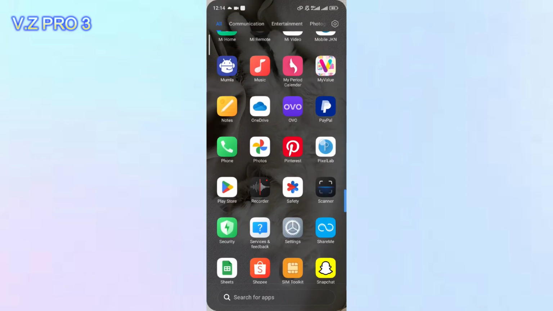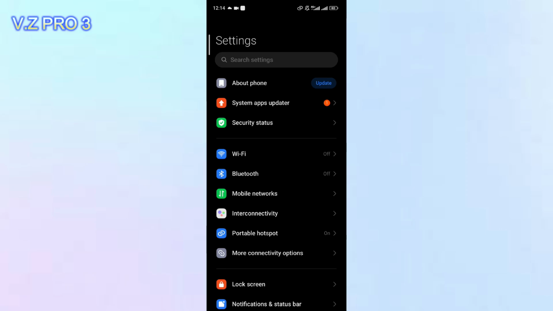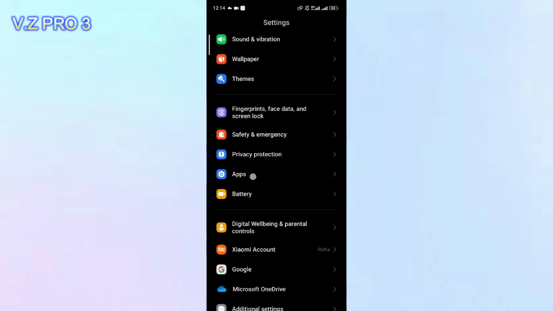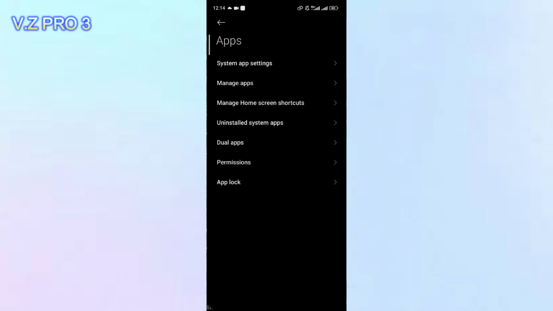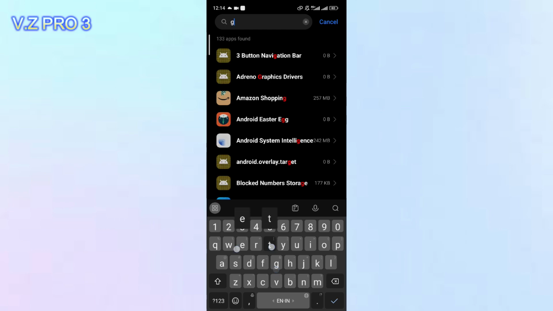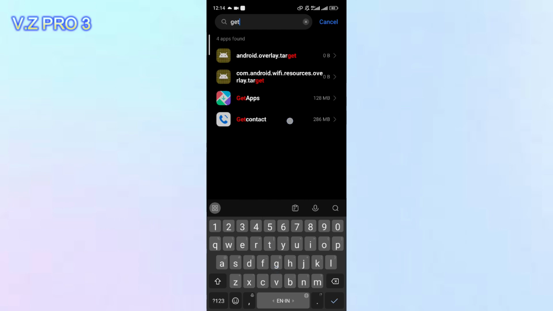You can open your settings on your phone. Now you can just scroll down. You can go to the app section, tap on app, tap on manage app. You can just search for the app that you want to delete, or just this one